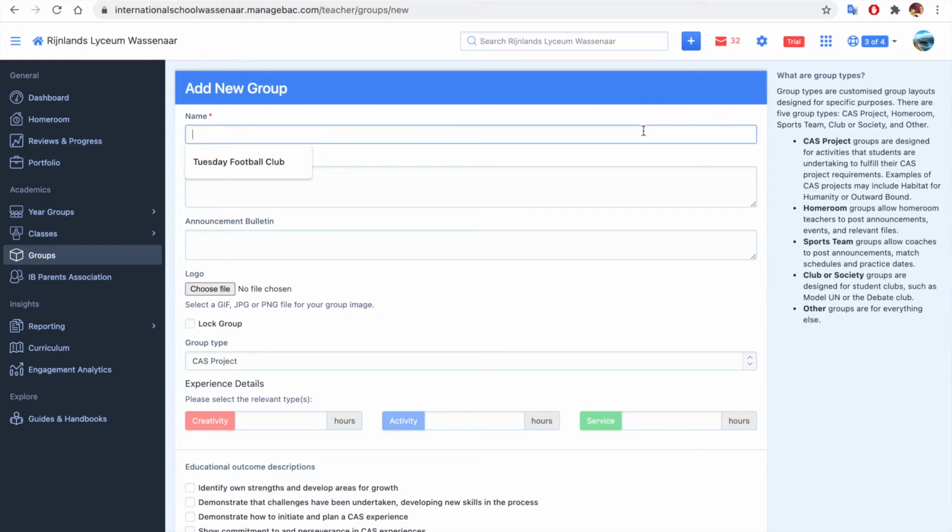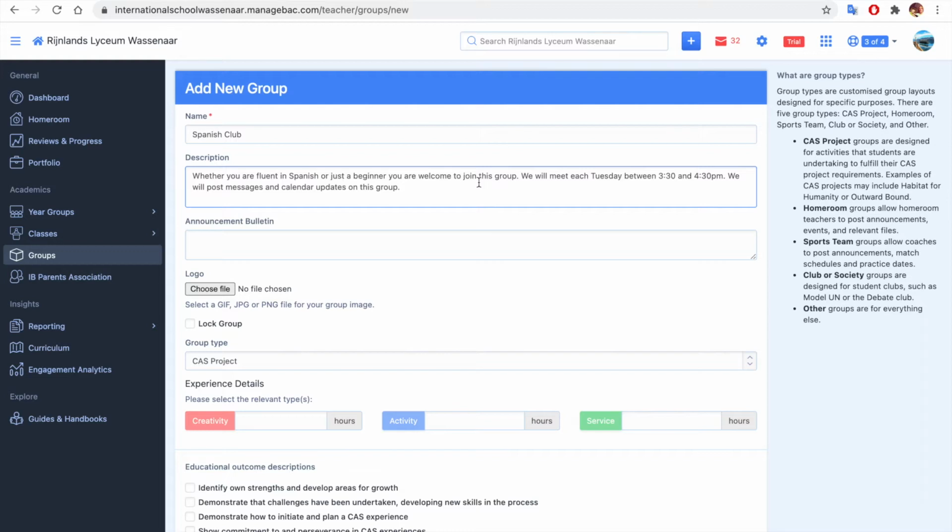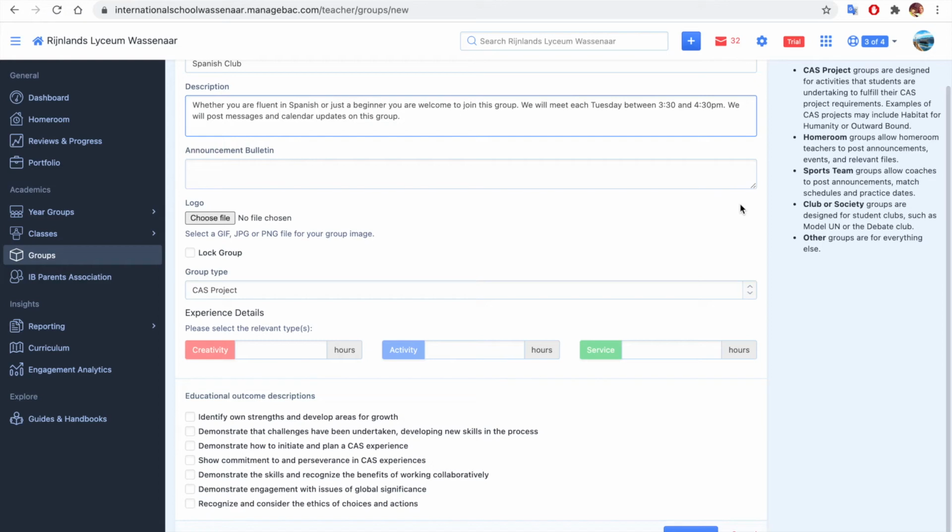group. So I'm going to call this one Spanish Club, and then write a brief description about the group. I've already pre-written one here. There's just some basic details about who it's for, who's welcome to join, along with when it is and what to expect. Now, down a bit below here, we can see that you've got a drop-down box and it says